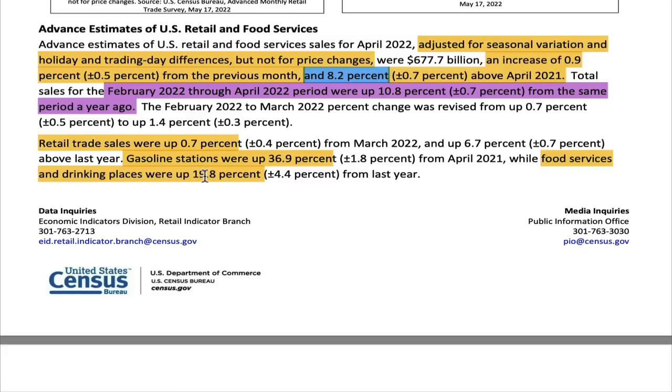So what's going on is all of that demand for goods. Okay, we don't need all that stuff anymore. We have this stuff to spend our money on. We're going to go back and buy experiences. We're going to spend money on services. We're going to spend money on this kind of stuff. And that is precisely what Target and Walmart saw in the mix of sales that were going on.